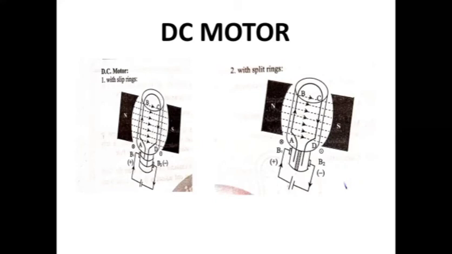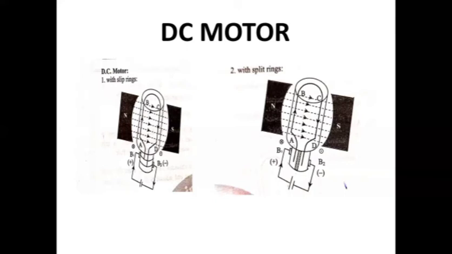Because for getting the mechanical output, we need a unidirectional torque. For the production of unidirectional torque, the current must be cross under the North Pole and dot under the South Pole. From the previous slide, I have explained this. That is, the direction of current should be reversed for every half rotation, meaning the current should be AC in the armature conductor. Because for every half rotation, the direction of the current is getting reversed, so the current in the armature is AC.